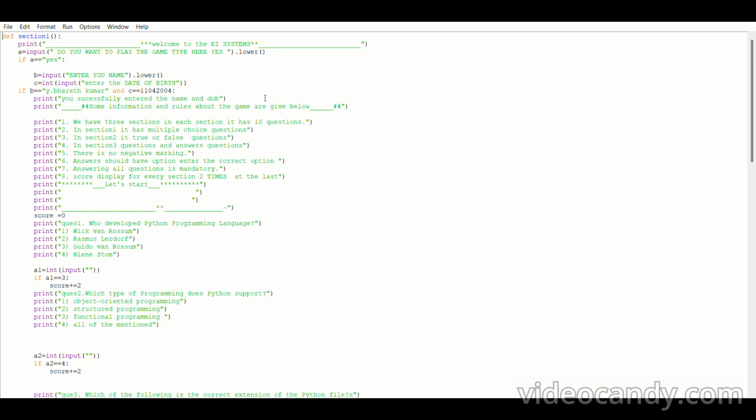Myself Bharat. This is my first project based on Python. So I created a function by using def here. I am printing the welcome to AM systems. Here I am going to enter the prompt asking whether you want to play the game, which means here we need to